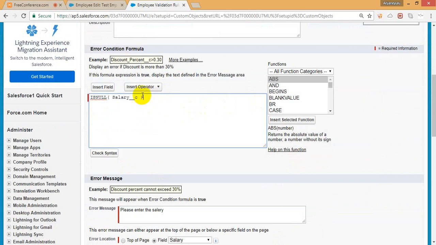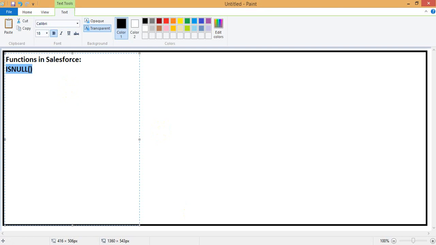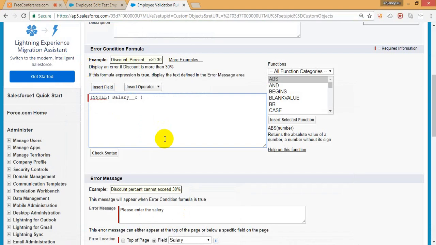Or, if the salary is less than or equal to 0, then we have to throw the error message, right? So we have the condition that if the salary is null or less than 0, we are saying that if this condition is true or that condition is true, then we have to throw the error message. For that, what we are going to do is,